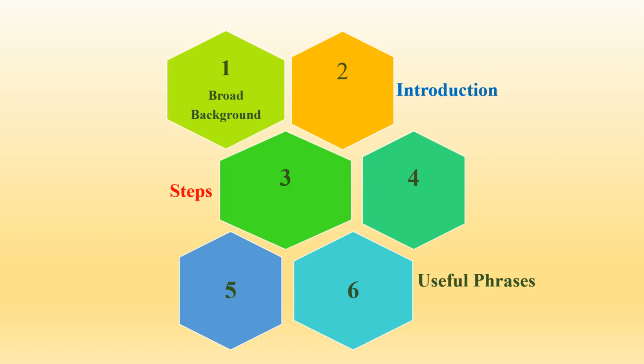Tip number 1, broad background. Start with a broad background, introduce your topic and explain why it is important. For instance, if you're writing about salt stress in paddy, you can start with general abiotic stresses and their symptoms in plants and then narrow down why it is crucial to study salt stress and to find out the solution